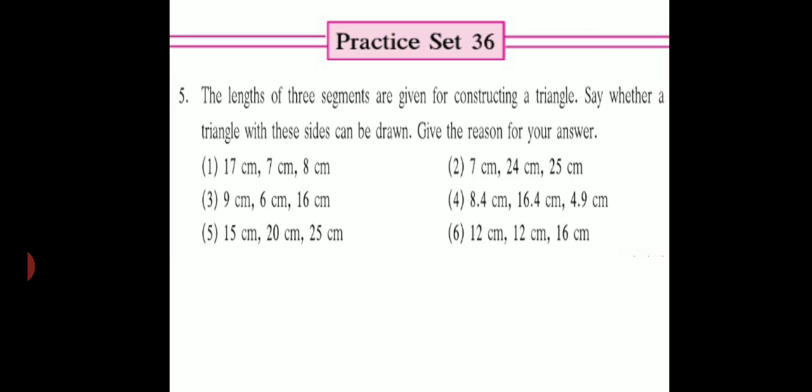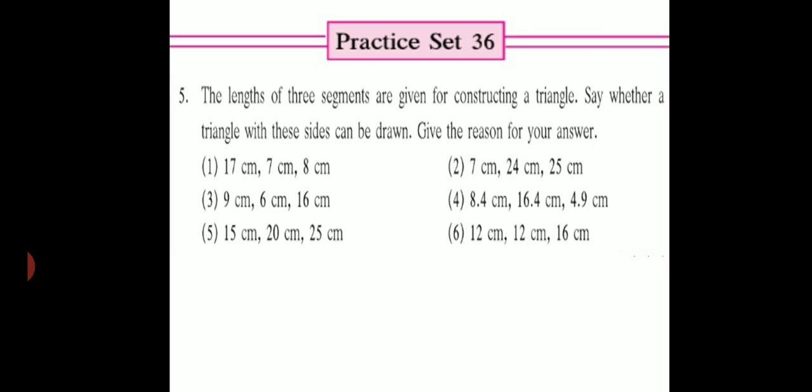Further, they have stated, say whether a triangle with these sides can be drawn or not. So they have only given you measurements, but they want you to find out whether with all these measurements you are able to draw, to construct a proper triangle or not. And you have to give the reason for your answer. So you have to justify with the help of the property of the triangle that yes, the given measurements,